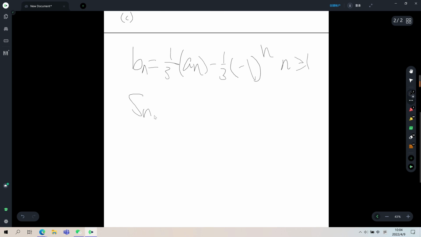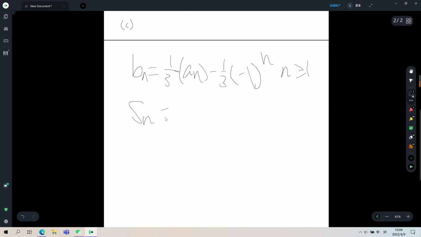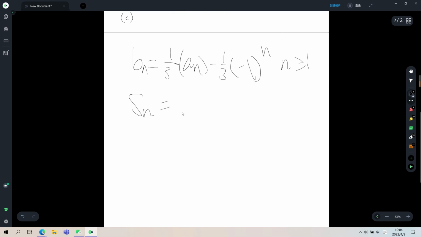So Sn for the B sequence would be equal to b1 plus b2 plus b3 and so on until plus bn, which is